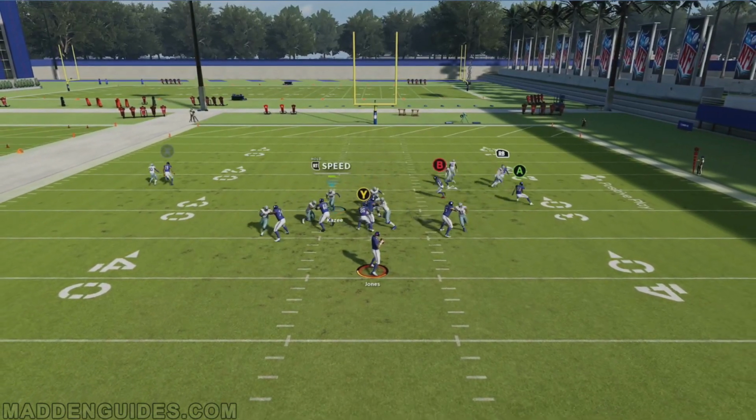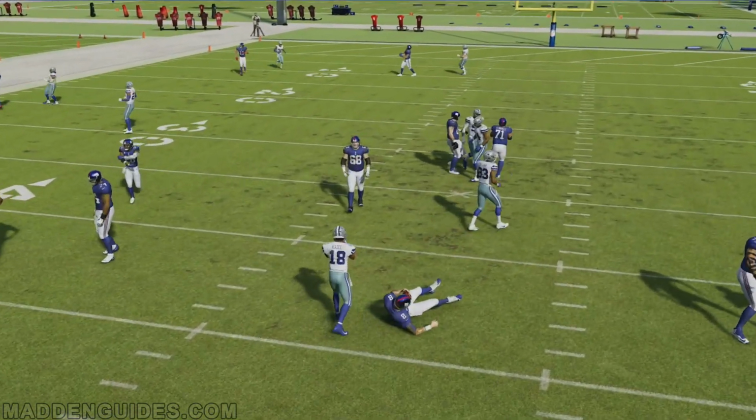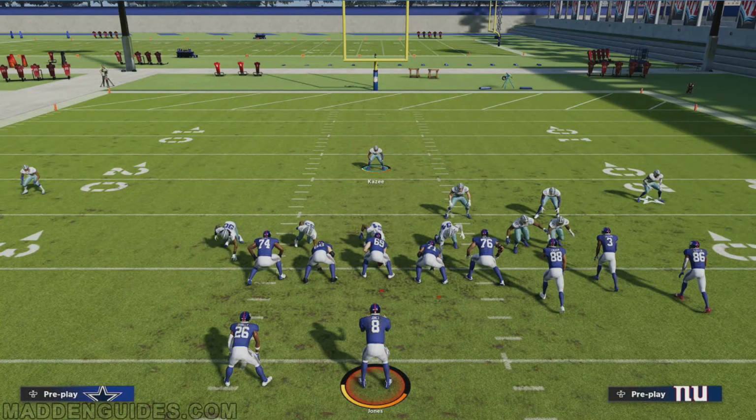And then we're going to see if we can get some pressure coming up the edge. Oh, and there it is right there. So that's it right there, guys, as far as bringing some pressure on the quarterback. So there's another setup. That one can do it as far as with the running back going out, the running